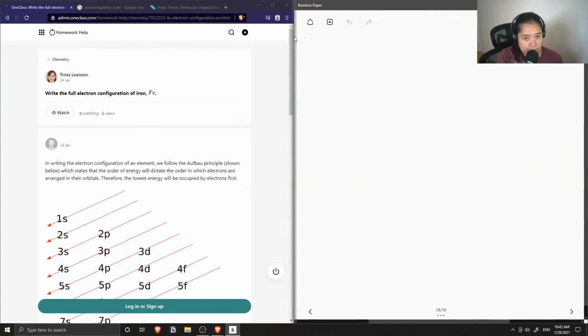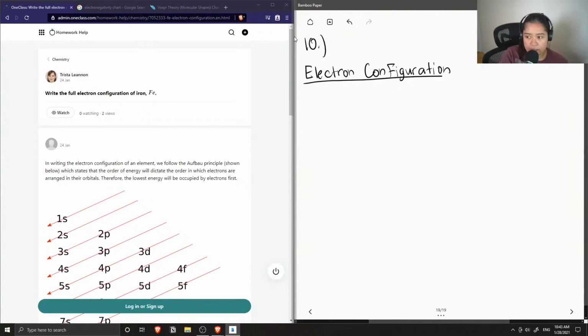Okay, so question number 10 is to give the full electron configuration of iron. When writing out the electron configuration, there are different steps that you can take in order to write the full electron configuration. So step 1 is to divide your periodic table